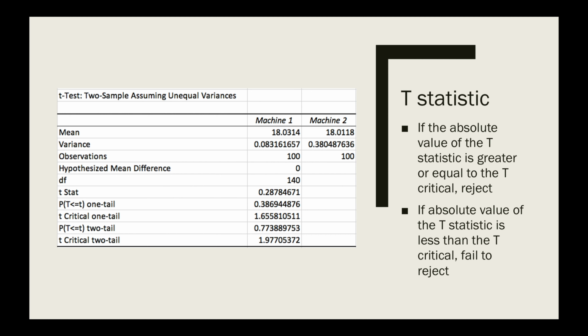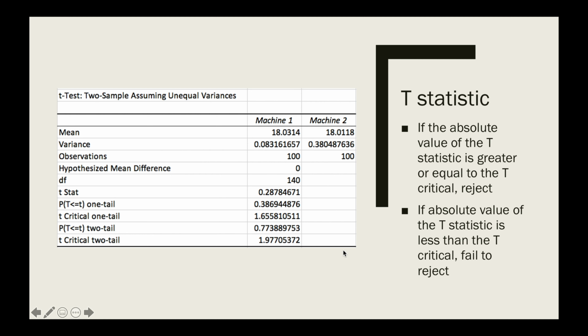The t-statistic is less than the t-critical. So based on our rules, we are failing to reject. We also know this because the p-value, which in this case is 0.7739, is greater than our alpha, and we can assume here that alpha is 0.05. So if we're testing at a 95% confidence level, we compare the p-value to the alpha 0.05, and we also fail